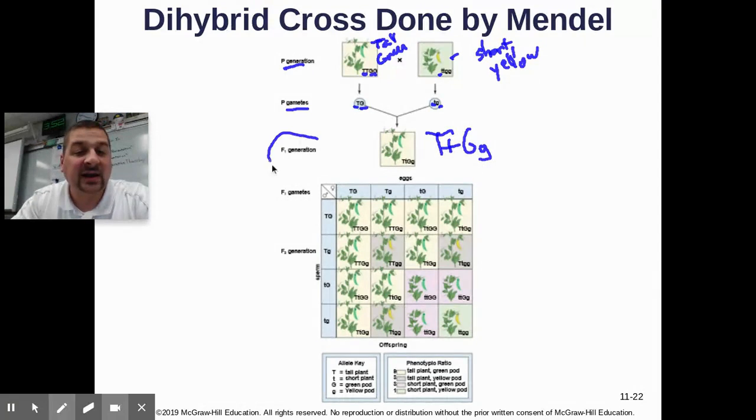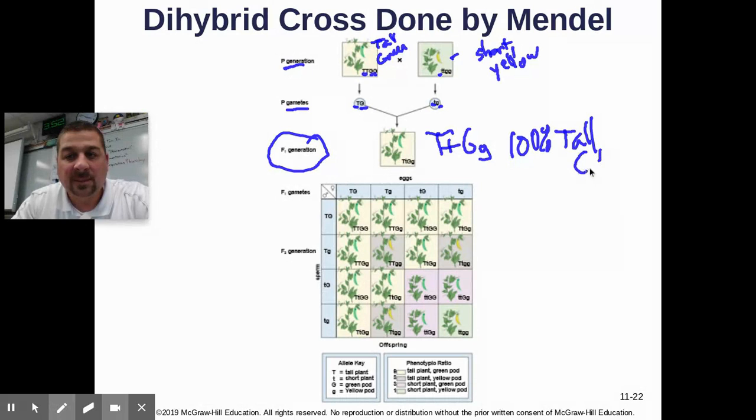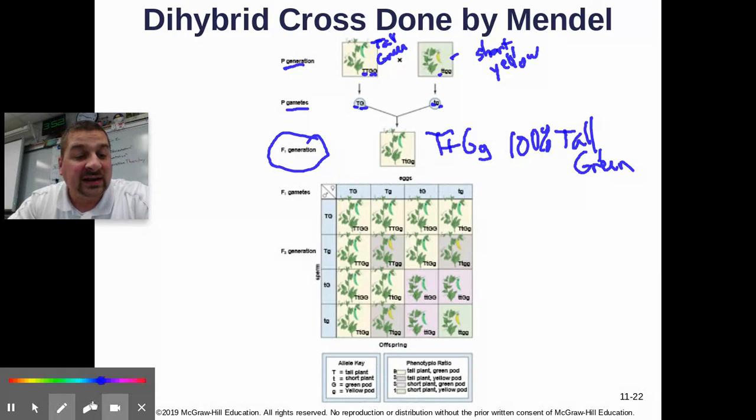So what did he find in the F1 generation? 100% showed the dominant trait for both traits. So they were 100% tall with green pods. Okay. Now, when he let them self-pollinate,